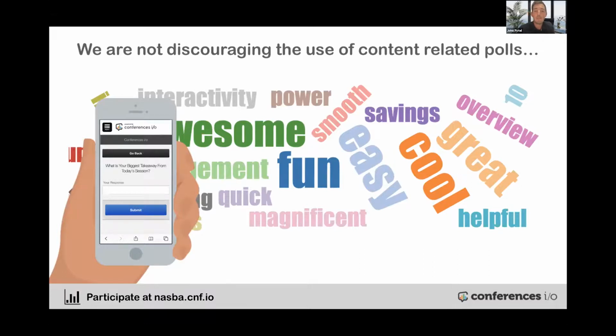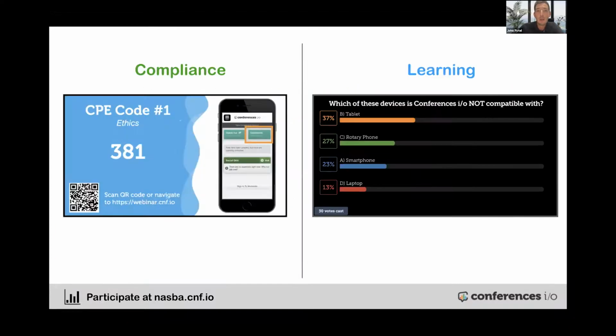Because content-related polls is kind of what we started with, and it's a really effective tool for learning. The way that we look at it is, if you don't have the resources, time, team to always do content-related polls, right? The code words can just basically automate the attention verification checks, right? So use the code words just to cover your back and make your life easy in